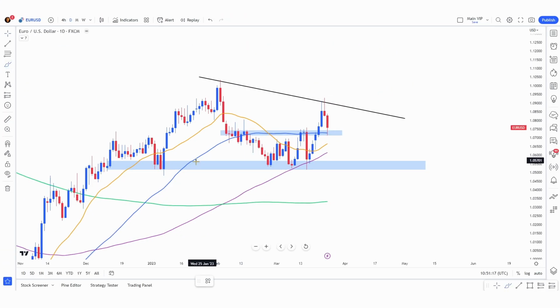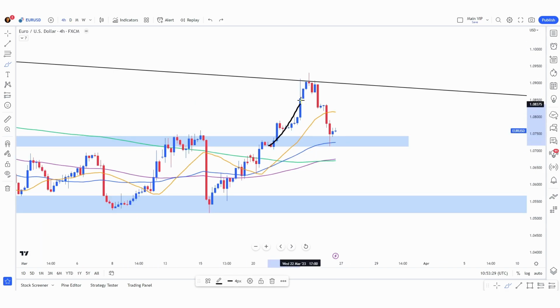So this is Euro US dollar daily time frame. We have a nice supported area. We also have a downtrend over here. So we have all four moving averages below the candlesticks. This shows bullish pressure. So on the 4-hour time frame, we had that nice push towards the upside and an